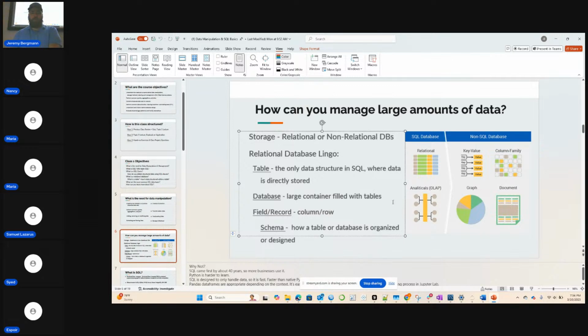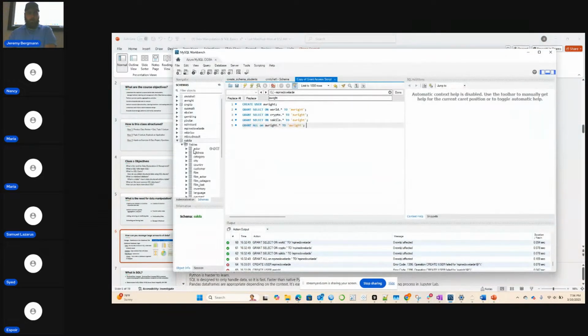This is your table. Think of a database like a container that's filled with these tables. It can be filled with more than just the tables. It can be other database objects too that we'll learn more about. One of them that we'll use a lot in this class is a world database.